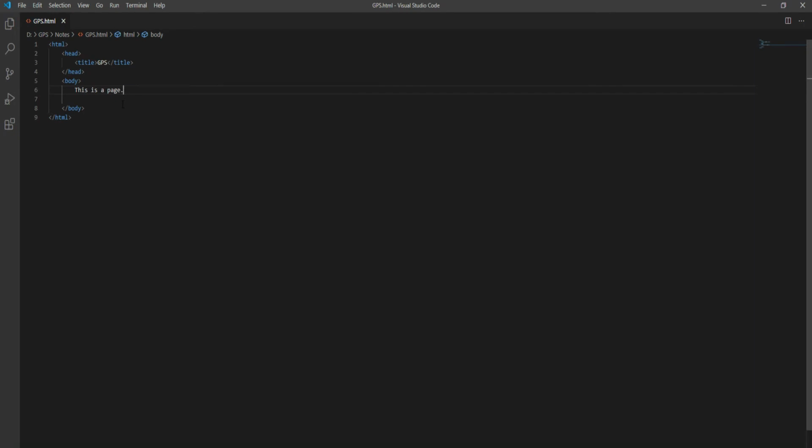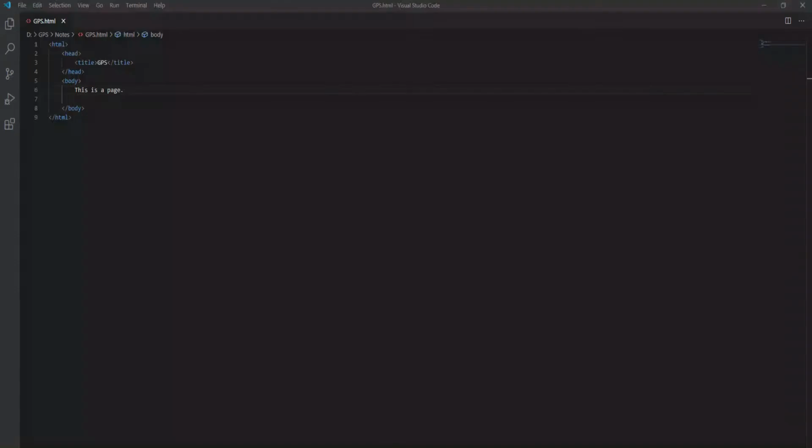So what can we do here? Let's suppose we want to change the color of this page. As you can see, this is white by default, and we want to change this color to yellow. How can we do that?